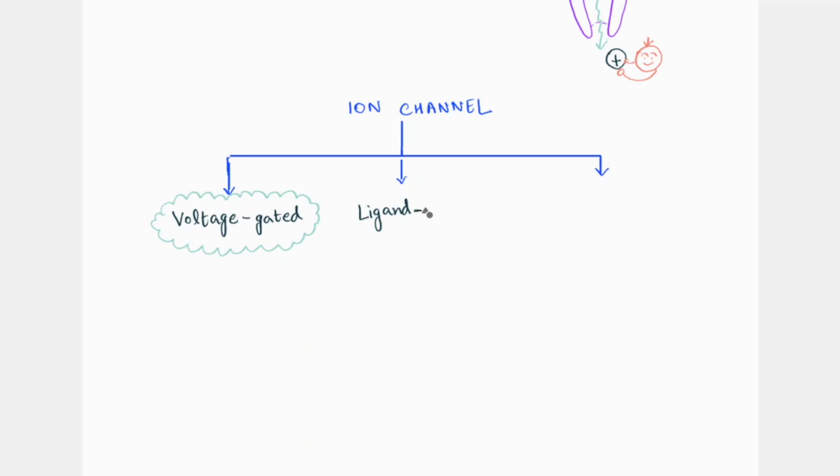Hang on a minute, yeah, the ion channel can be ligand gated as well. It's not of real importance considering our present discussion. Voltage gated is of the most importance, but I'm just telling you about it. And the third one can be mechanical. It just opens and closes by mechanical means, nothing too exciting about it.